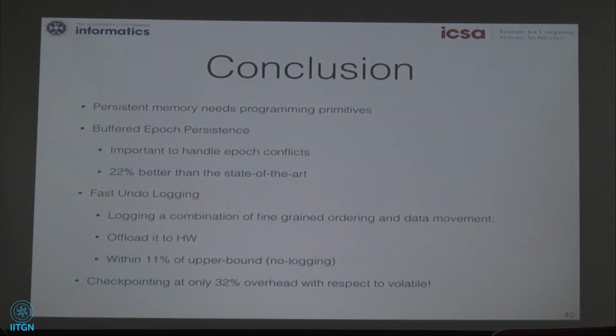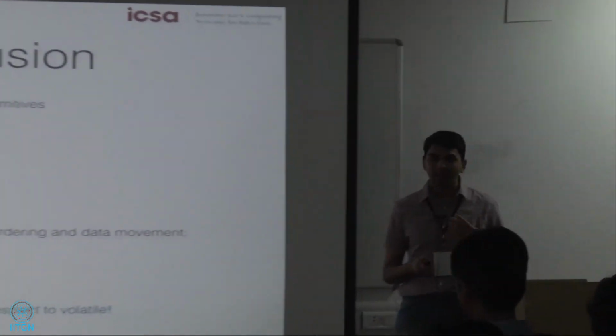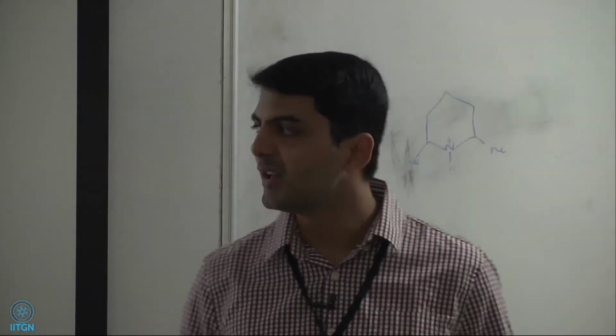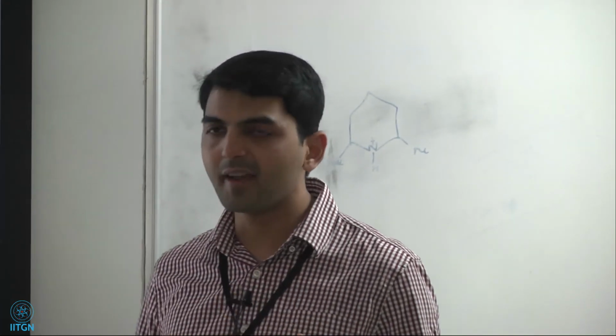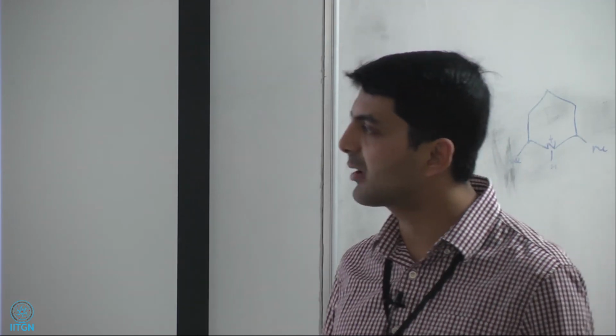So to conclude, persistent memory is a very useful device to improve application performance that require persistence or non-volatility, but it requires primitives. We looked at two primitives: buffered epoch persistency and atomic durability. But whenever we are implementing buffered models, we need to be careful and we need to be aware of handling conflicts which can degrade buffered models to non-buffered design. And we can see that by doing simple modifications, we can achieve 22% better performance than the state of the